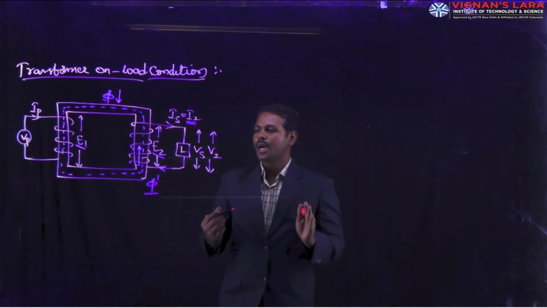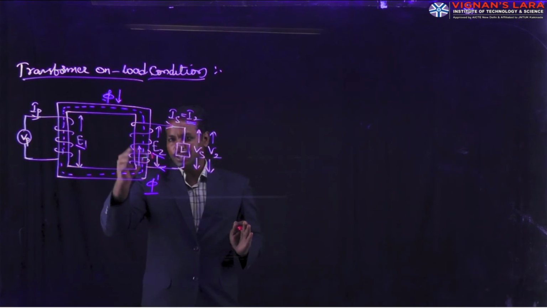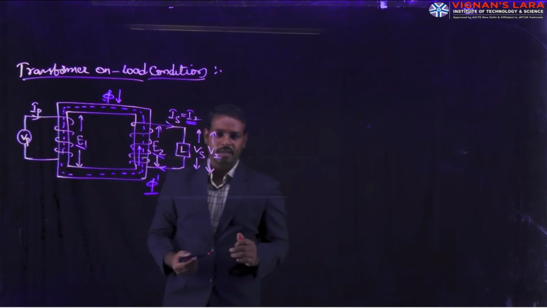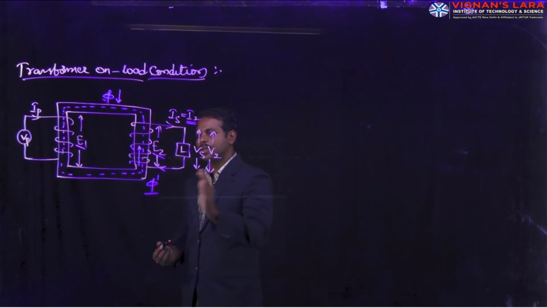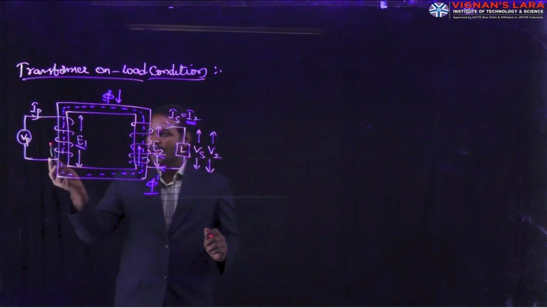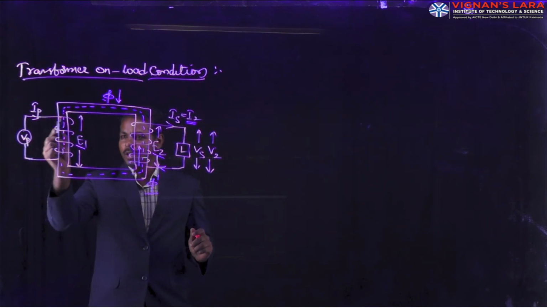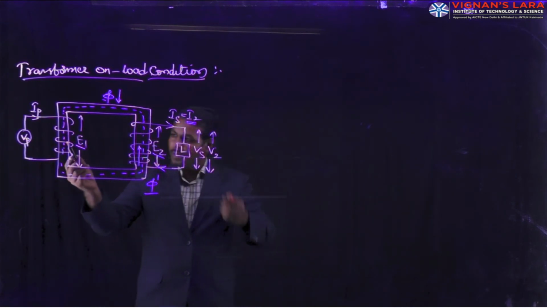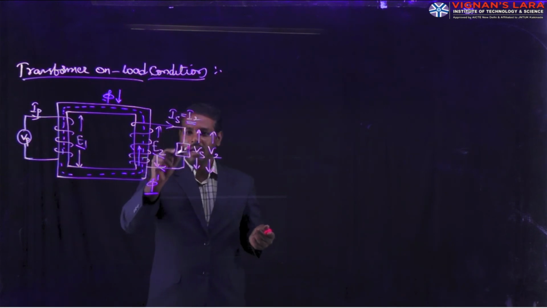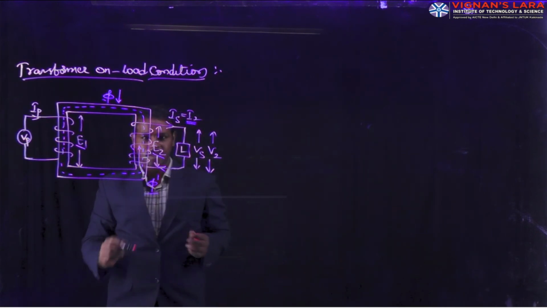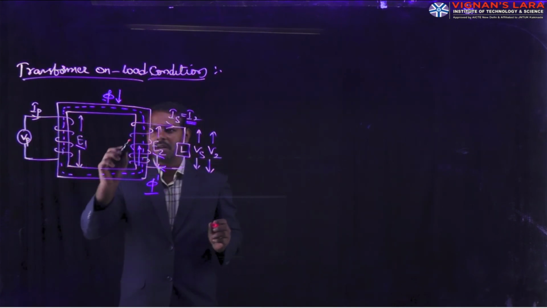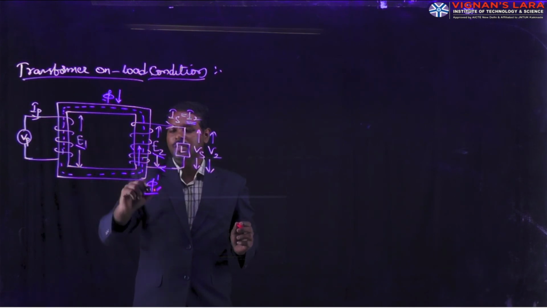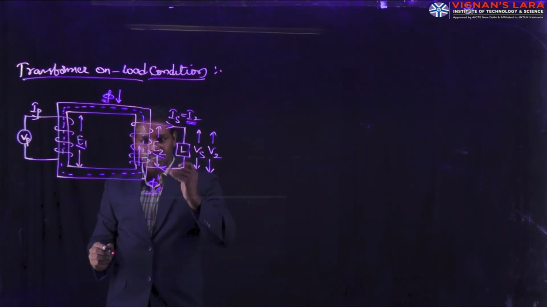So to compensate the ampere turns existing in the secondary winding, additional current is drawn from the supply. This additional current always links with the primary winding and generates ampere turns, which compensate the ampere turns of the current linking in the opposite direction. That means whenever the flux phi dash opposes the main flux, the resultant flux is reduced.